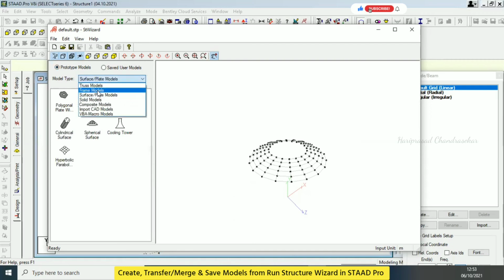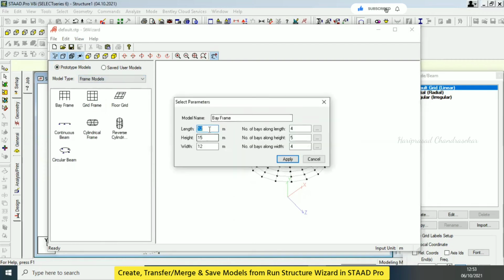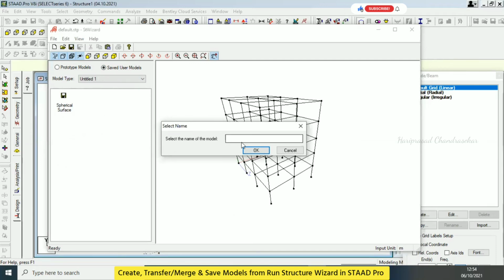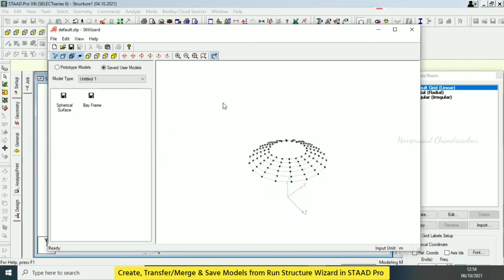For example, here also we have created frame models. See here, we don't need to create them again. Before, what I did was 10, 15, and then all these things I'm putting now, 2 and then 3, and then 15, and then number of phases along height. So this is what it is. And if you want to save that, save, and then go to here. You just click here and then click here, and then we can save. And you can name it accordingly, so you should not forget what this is. So it will always be there.